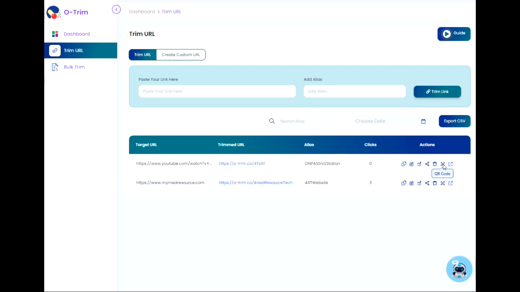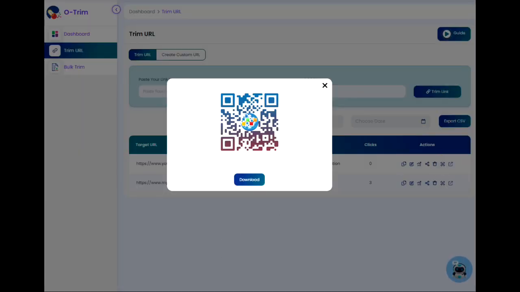Here's the actual QR code for this ONPASSIVE station. This next one here is like a forward button. It is not active, just like this share button is not active at this time. They will be activated when the time is right. Products for those links are available. Right now, I just want to demonstrate that this QR code that we created, this O trim that we created, worked. So the best and fastest way to do that is to just open up the code,